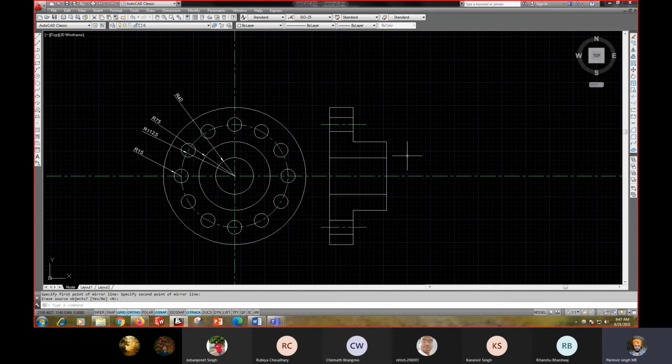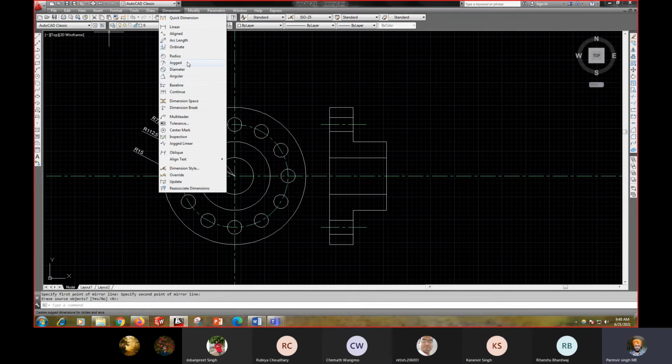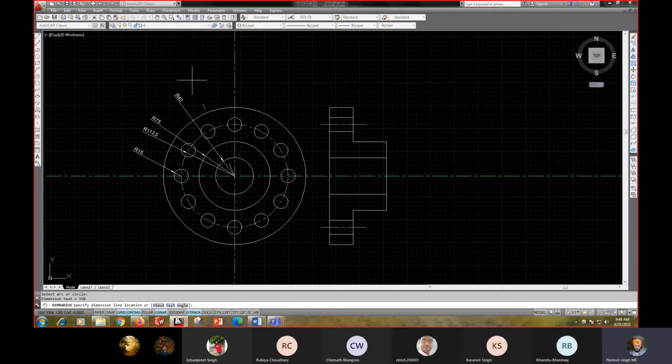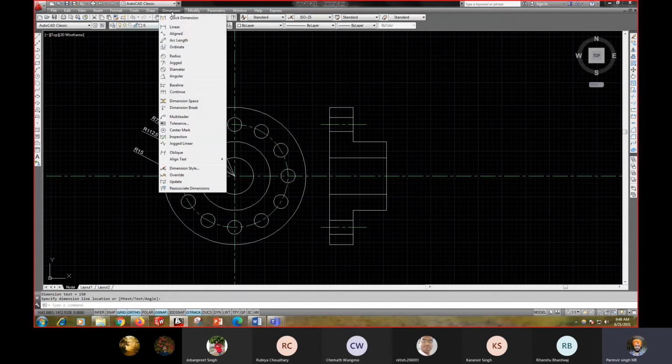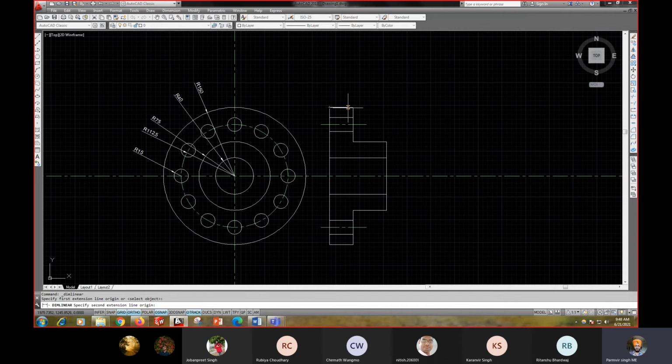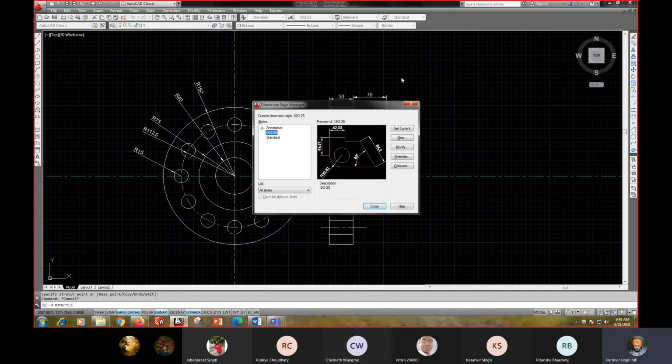Now you have to define the dimension. Go to dimension, define the radius, define the length of the line. Okay, next one, also modify this dimension line according to you.